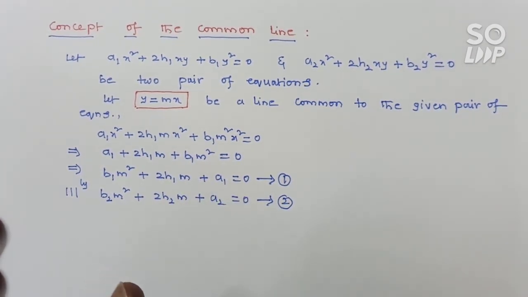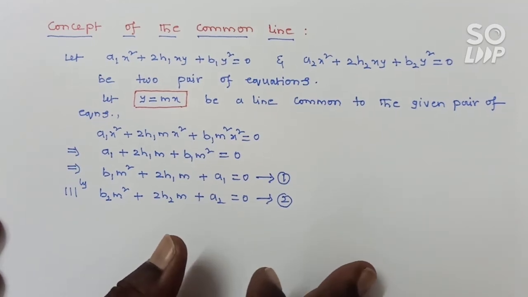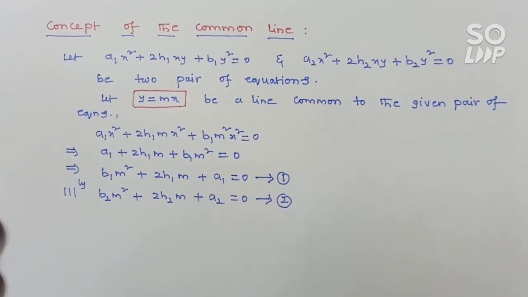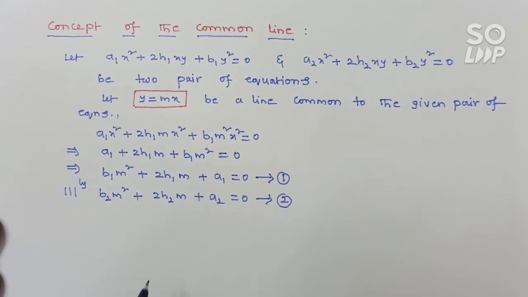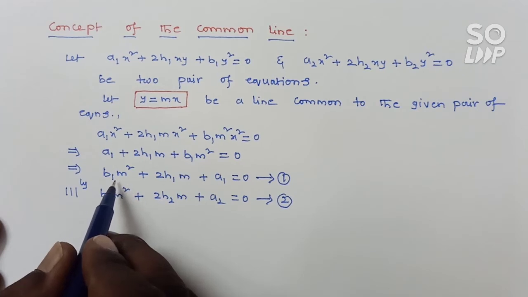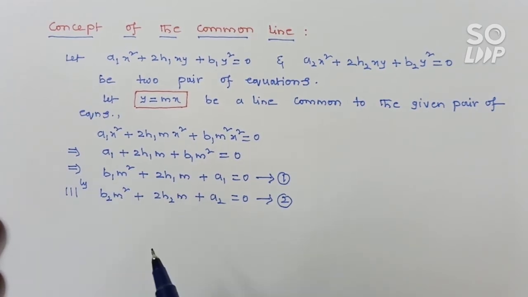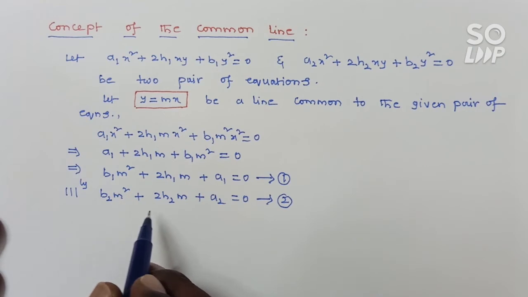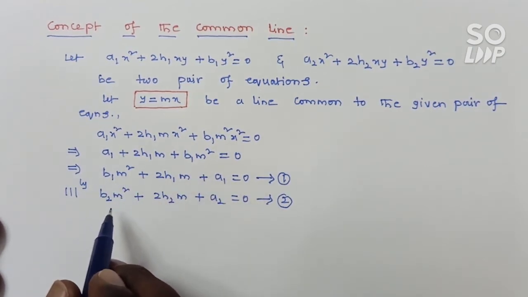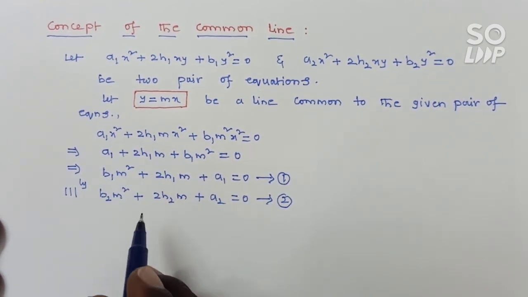You know already in straight lines, when two linear equations are given, those can be solved by two methods. One is the direct elimination method and another one is by taking their coefficients, you can find the required unknown values. Here m square is x and m is y. Now I am doing this by using the coefficient method.